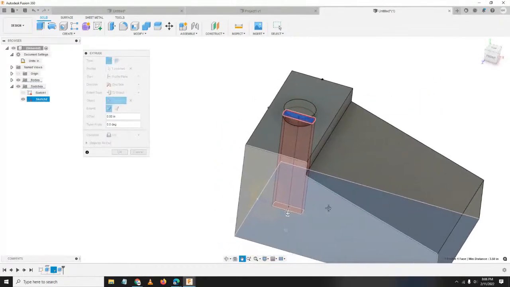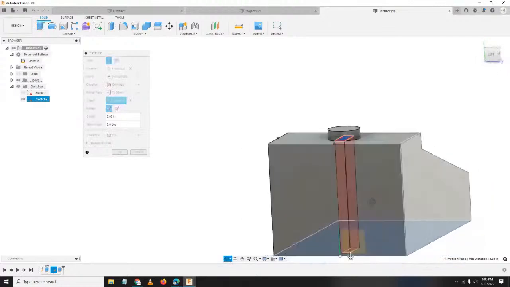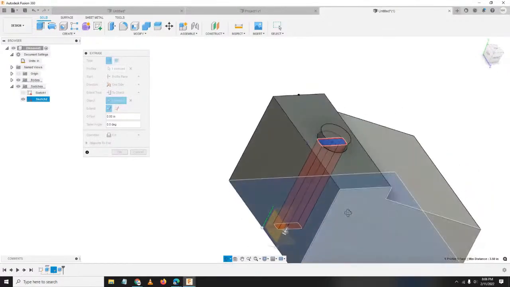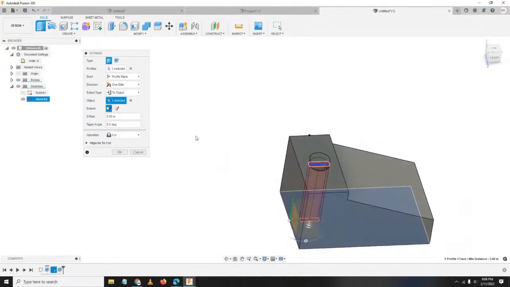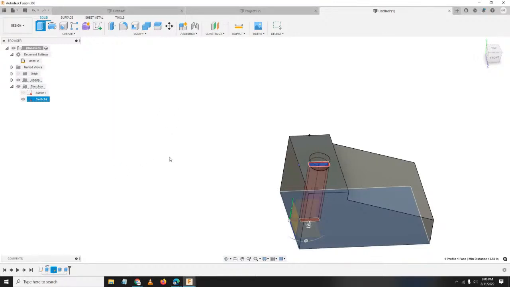So, nag-cut siya hanggang ilalim nun. Okay? So, explore nyo lang to, yung extend type, meron dyang to object, all. So, depende sa paggagamitan nyo ng operation, no? Kung ano ba yung kailangan nyong gawin sa kanya. Okay?